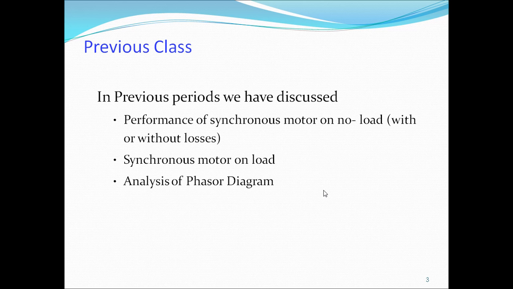If the alpha value, that is the load angle, goes above 90 degrees, then the motor comes out of synchronism. That means it breaks the magnetic coupling between the rotor poles and the stator poles, and the motor stops. This torque is called pull-out torque. So when the load on the motor increases, the rotor falls back in phase and alpha also increases.